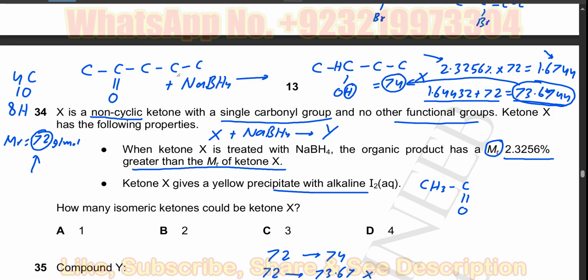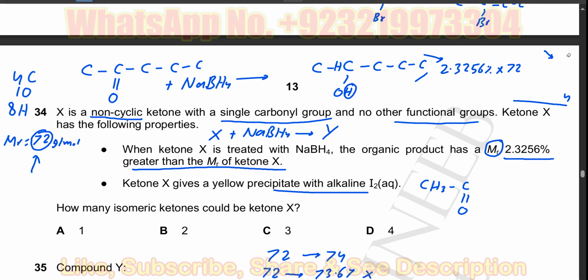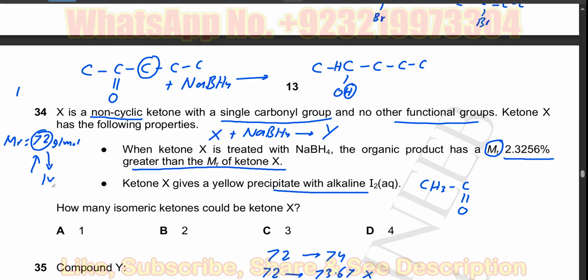When I do this, I will do the same reaction with NaBH4. When it is reacted with NaBH4, you get again an alcohol, but it must have an additional carbon atom. Now we need to again do the calculations of additions and the percentage increase of the molecular mass. For this carbon, you should know that I have just added an additional CH2 group here, which means you can add 14, because the mass of CH2 is 14. So when you add 14 into it,